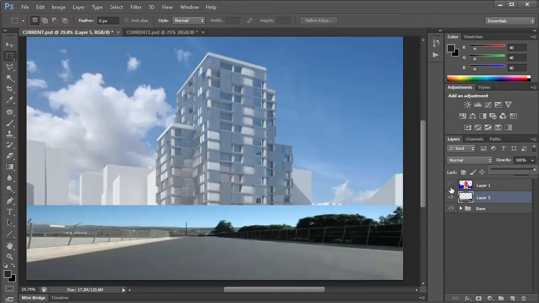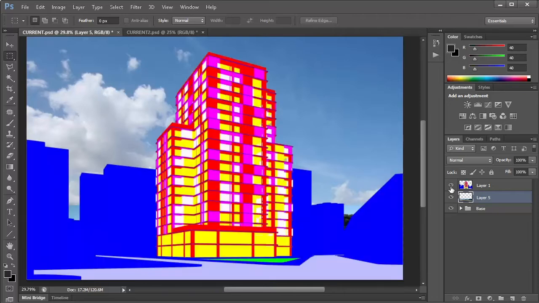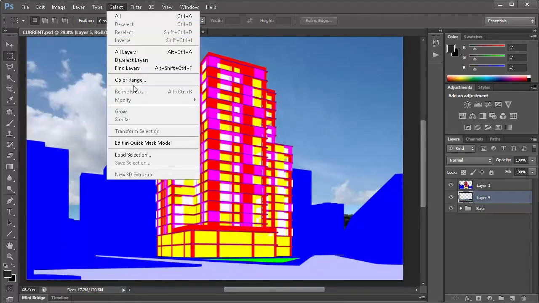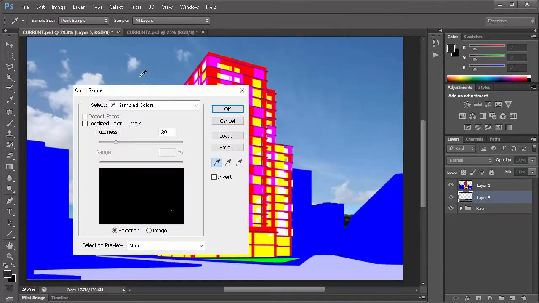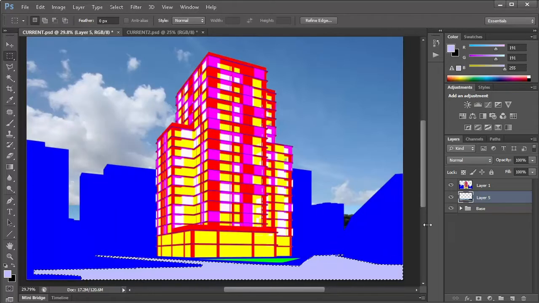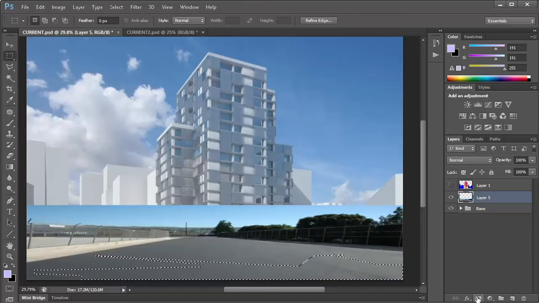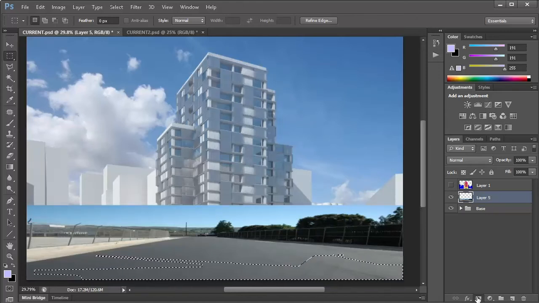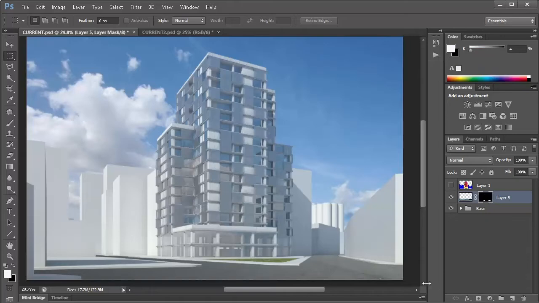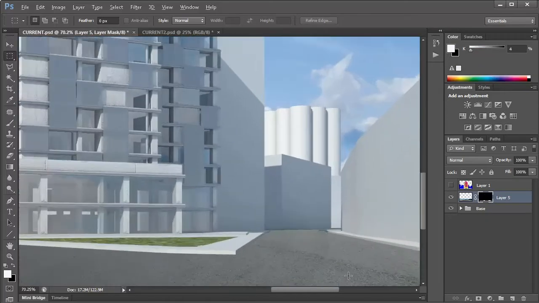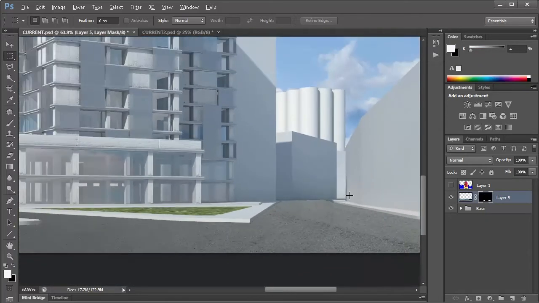And then what you want to do is mask out everything that's not pavement. So we go back to our material ID, and this is why it's useful to organize your material ID quite well. Because when you do that, you can just select one color that corresponds to the material, hide this, and then mask it. So there it is.